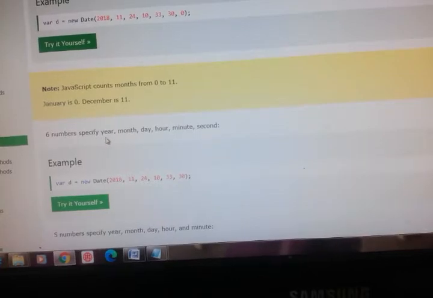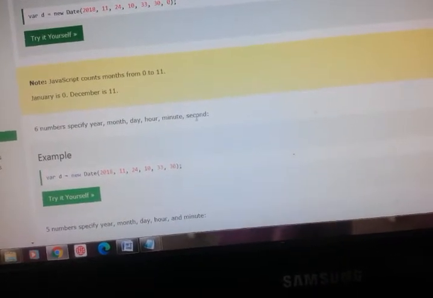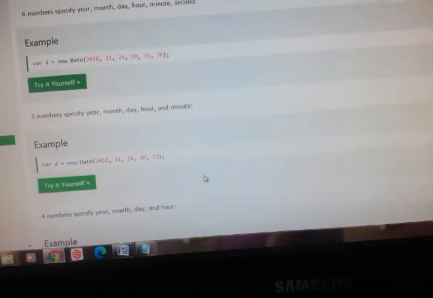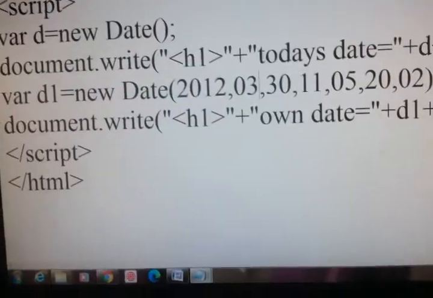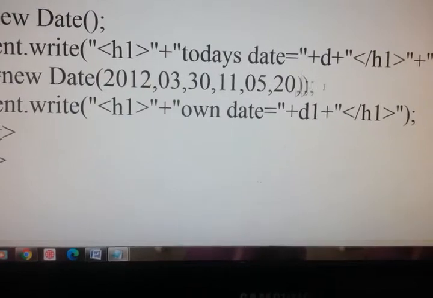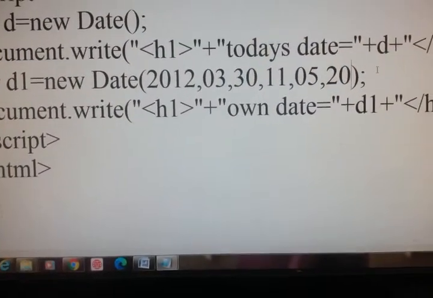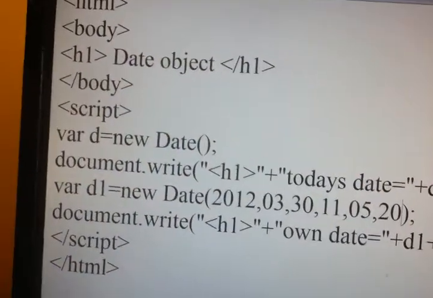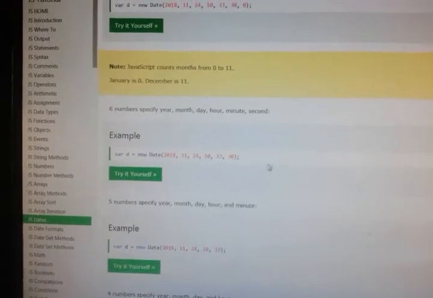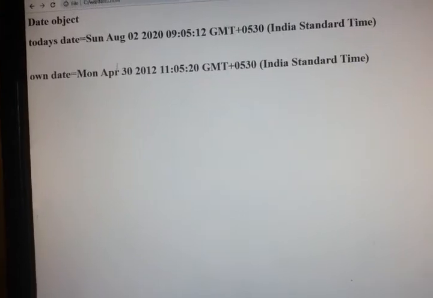Here 6 numbers specify year, month, day, hour, minute and second. So here 1, 2, 3, 4, 5, 6, 7 we have given. If I remove this milliseconds also, I will get the same output.